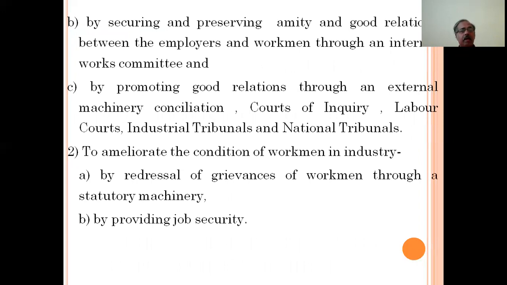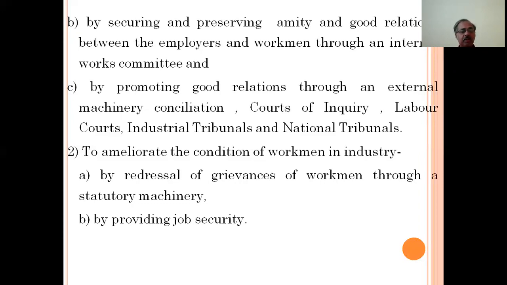an internal works committee, and by promoting good relations through an external missionary conciliation, courts of inquiry, labor courts, industrial tribunals, and national tribunals,